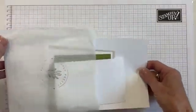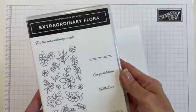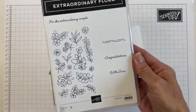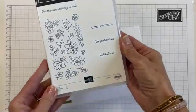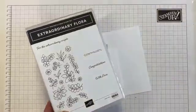So lovely. Right, let us move on to today, because I have got so much to do. My head is in a spin, as usual, overloading myself with plenty of work. Never enough time. So, the Extraordinary Flora. Absolutely love this. Morning, Lucianne. How are you doing? Absolutely love this. So, it's quite an unusual one